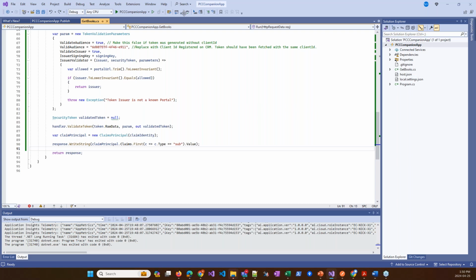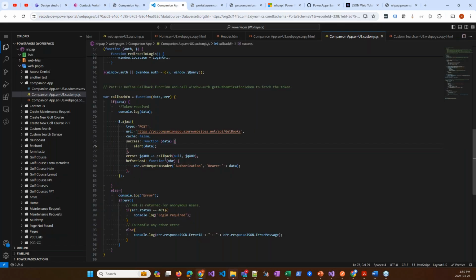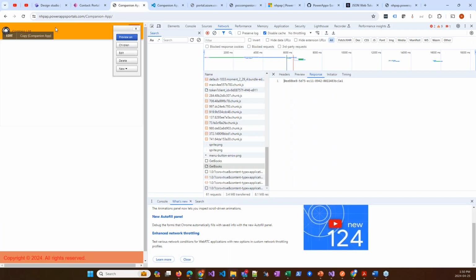Just one other thing I wanted to point out is there's one setting that I didn't show you, and that is the CORS setting. CORS is cross-origin resource sharing. That is basically a built-in security feature within modern web browsers, and by default, if I go back to here, when I make this type of request, this request is going to be blocked because this page is hosted on